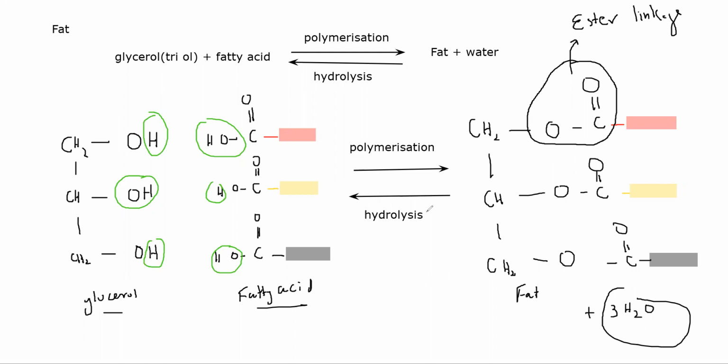If we carry out this hydrolysis in alkaline medium, for example in the presence of sodium hydroxide, what will happen? So as we know, glycerol plus fatty acid react together and result in the formation of fat molecule plus water. But if we do hydrolysis, this will result in the formation of fatty acid, which is a carboxylic acid, and glycerol. But what happens